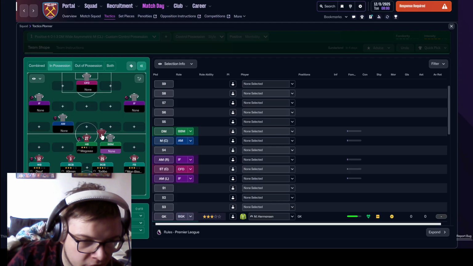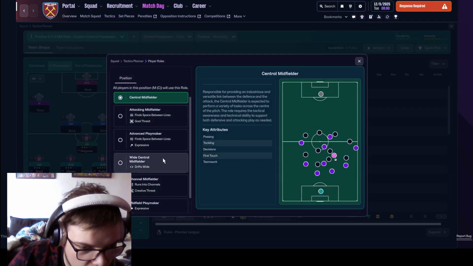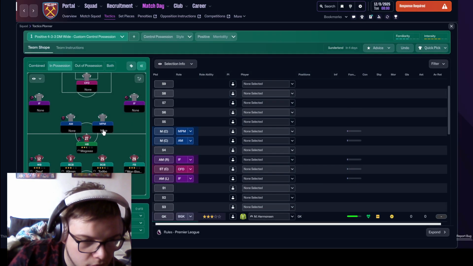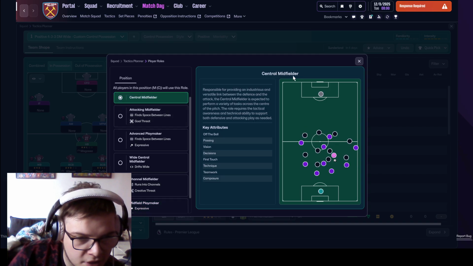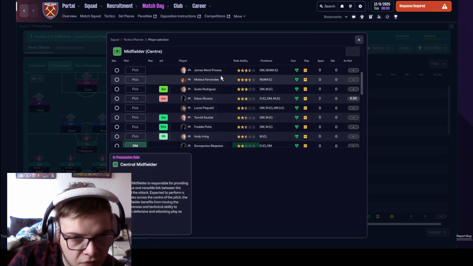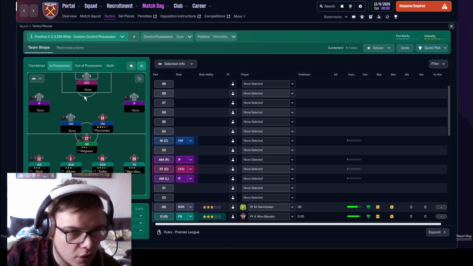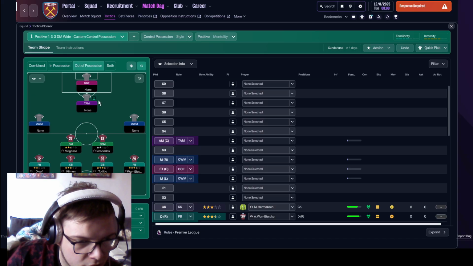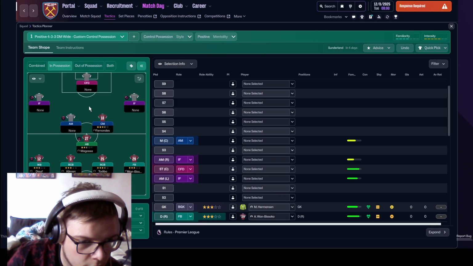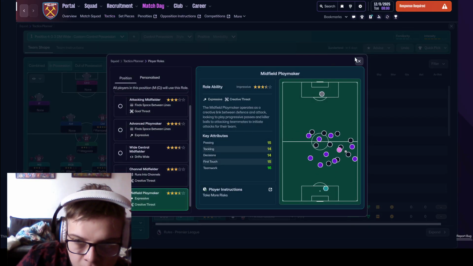This is where I would love to have Fernandes, but we're going to have to play a double pivot, I think. And we'll just have him as a central midfielder with Fernandes. This means that out of possession, he has to come back and do a screen. But playmaker,